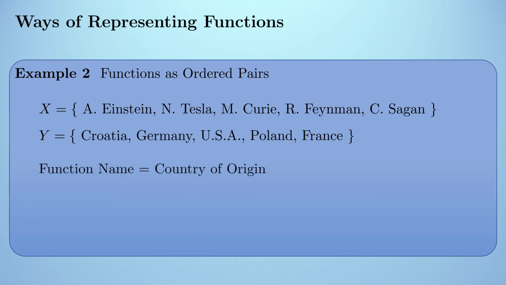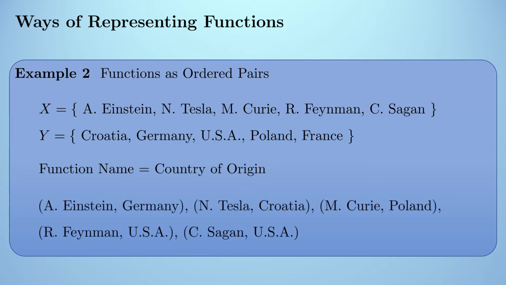Next, recall that the function name is the country of origin, which gives us a clue as to how the correspondence between these 2 sets should work. And how do we represent this correspondence? We do so by listing ordered pairs. So for instance, to indicate that Albert Einstein from the set X should correspond to Germany from the set Y, we list an ordered pair, with the first entry being Einstein, the